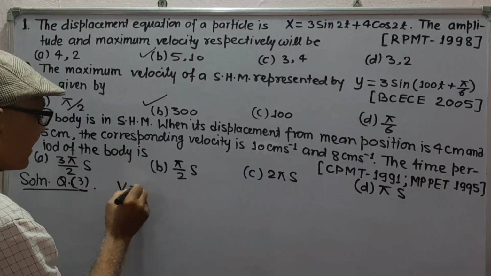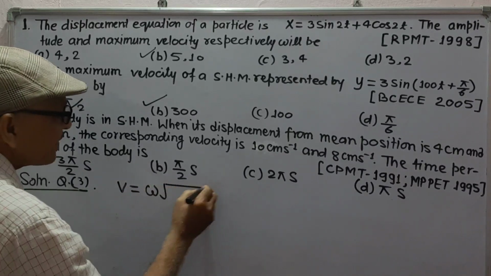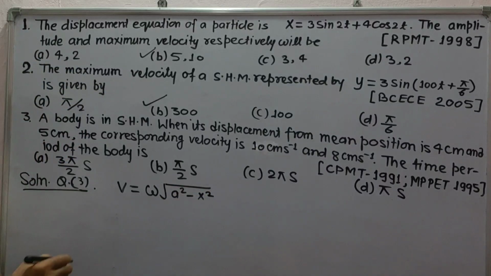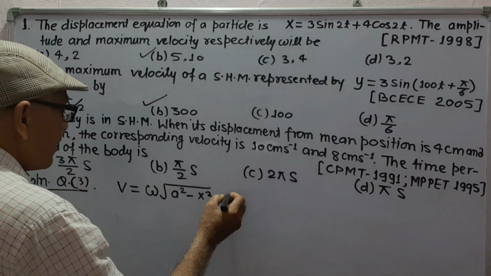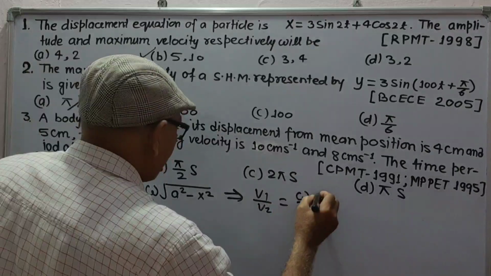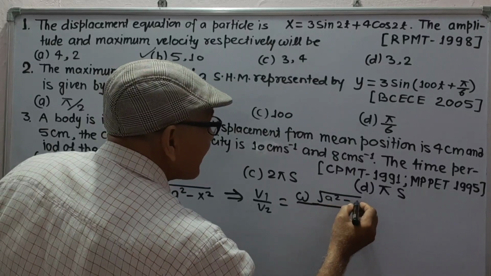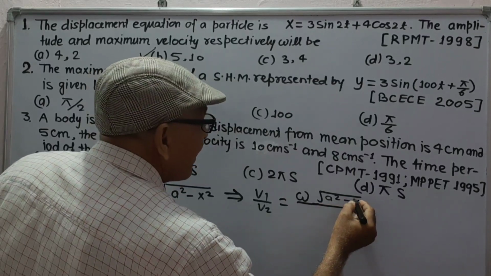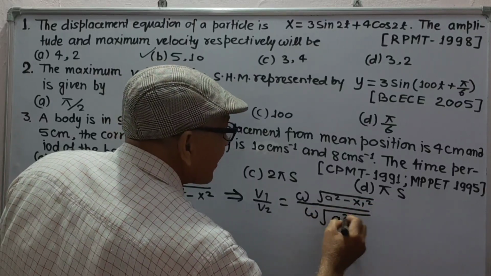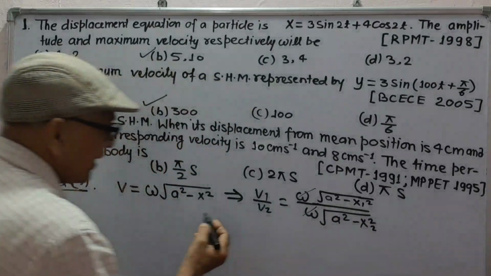Here velocity of a particle in SHM is given by v is equal to omega times the square root of amplitude square minus displacement square. Therefore v1 upon v2 will be equal to omega root of A square minus x1 square upon omega root of A square minus x2 square. Omega cancels out and we get